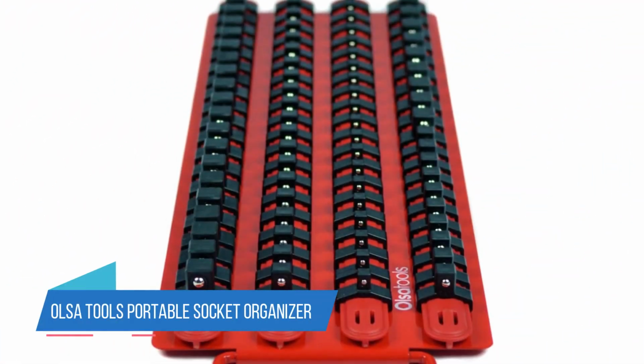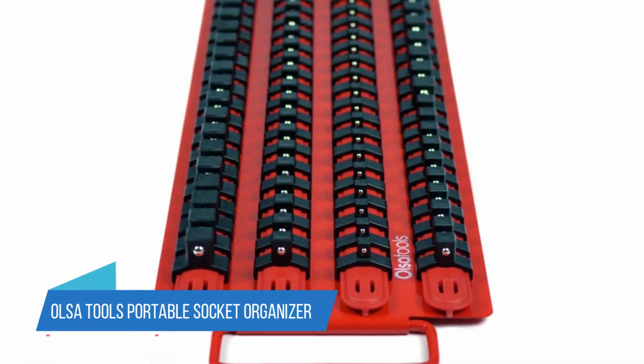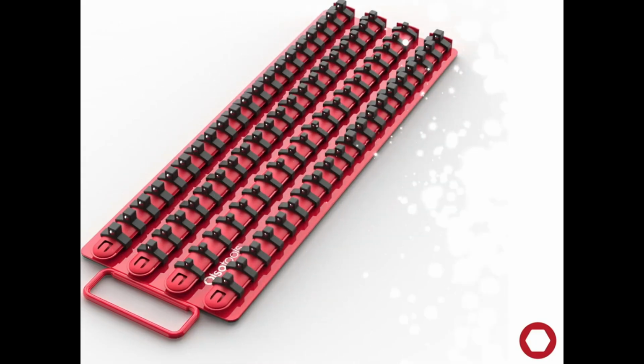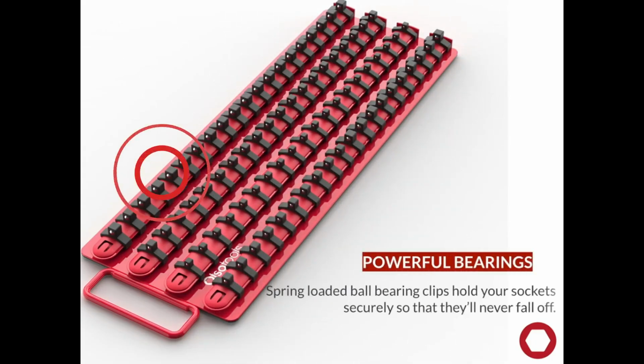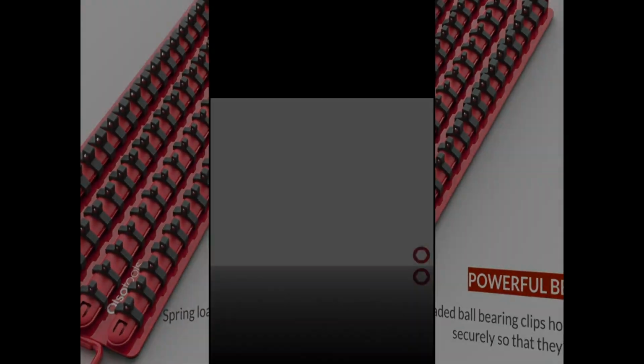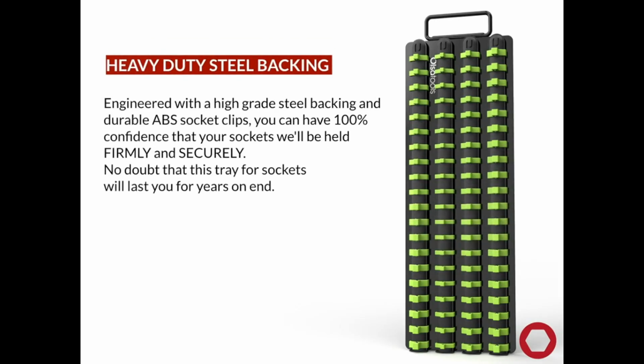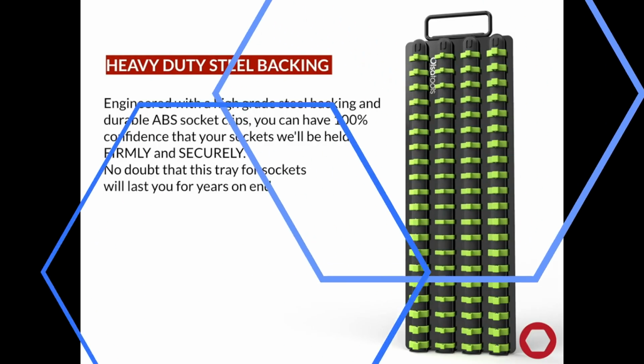Number 3. Olsa Tools Portable Socket Organizer. Few tools cause as much aggravation as a collection of loose sockets, but the Olsa Tools Portable Socket Organizer eliminates the frustration. It comes equipped with ball-bearing clips that hold 20 1/4-inch sockets, 30 1/8-inch sockets, and 30 1/2-inch sockets. The socket rails are mounted on a steel base plate with a fold-out handle for easy removal and transport from